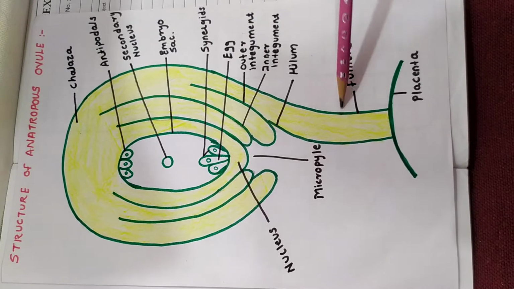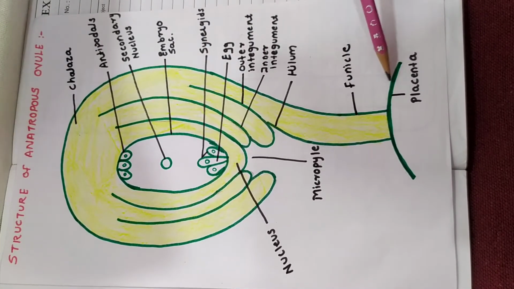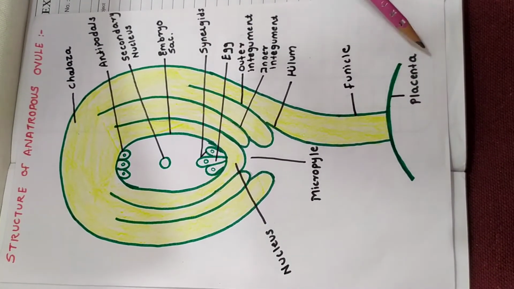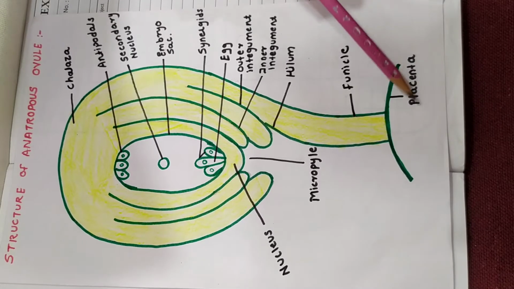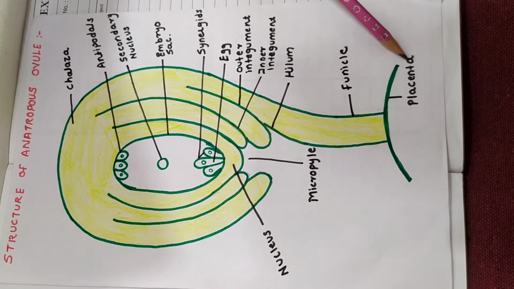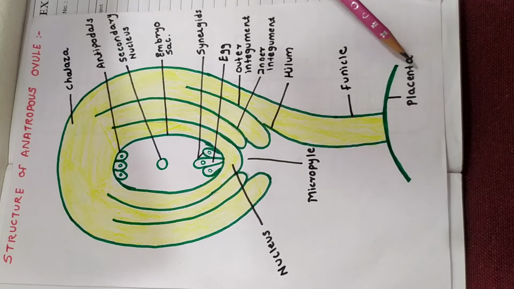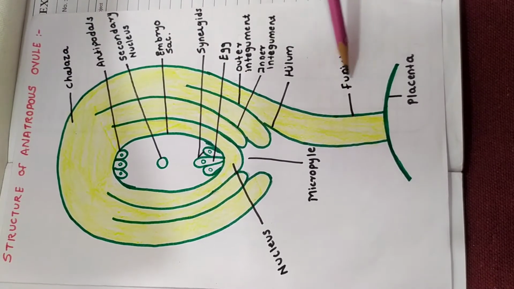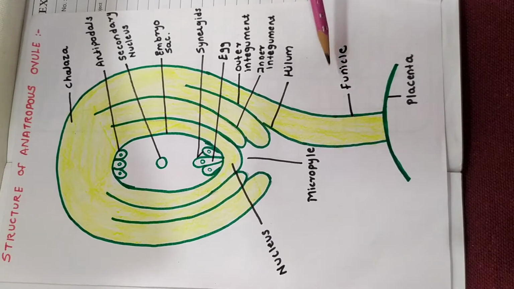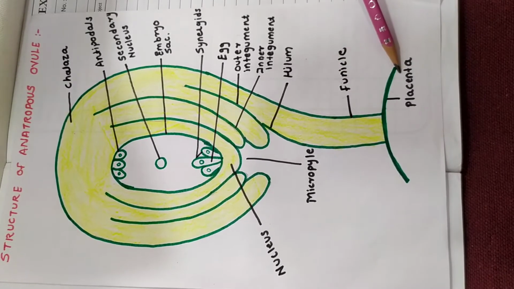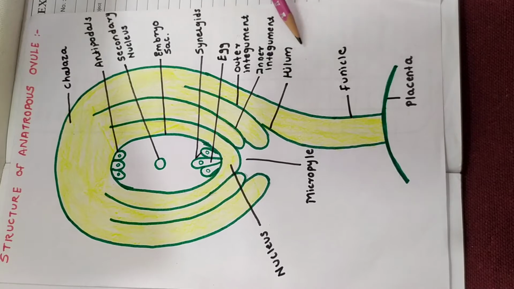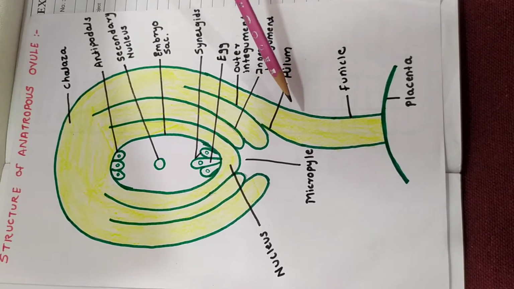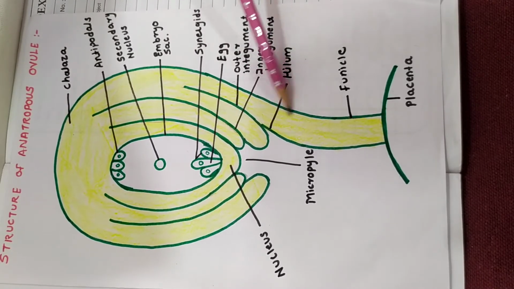See, the stalk-like structure called the funiculus attaches the ovule to the placenta. I have already told you about the placenta. The placenta is the structure developed for the nourishment of the young one inside the womb. What is this stalk-like structure called? The funicle or funiculus, which attaches the ovule to the placenta. Now what is the hilum? What will the hilum do? It will attach the funiculus and the body of the ovule.